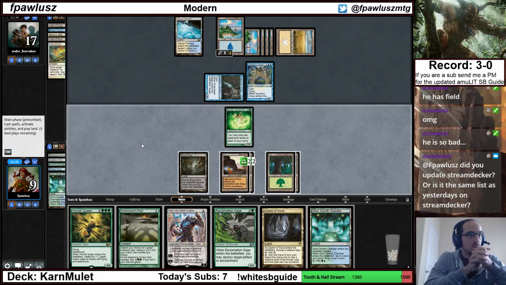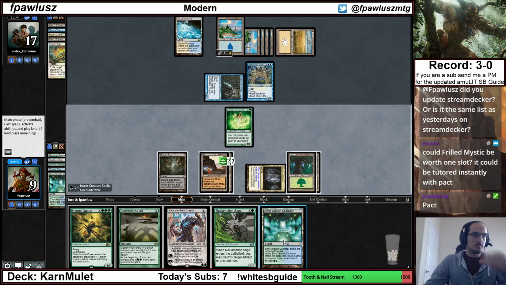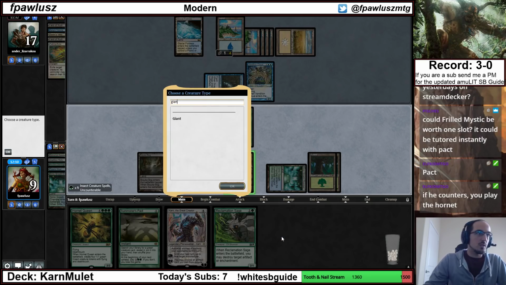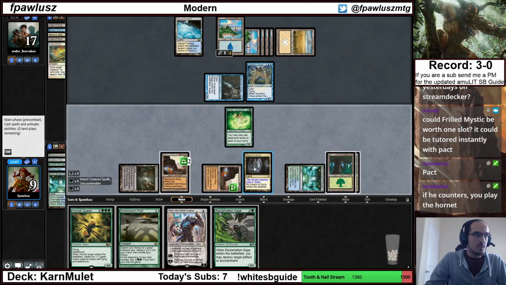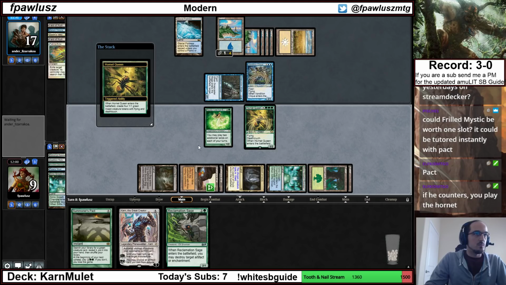One, two, three, four, five. Six. Giant. 2. I am doing this this way because it allows me to play the Hornet Queen this turn and then basically forcing my opponent to